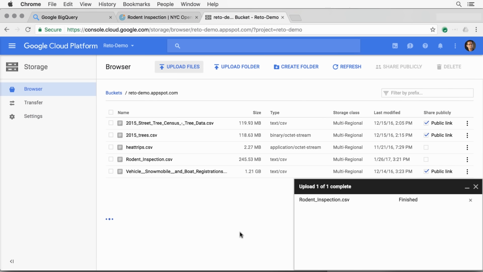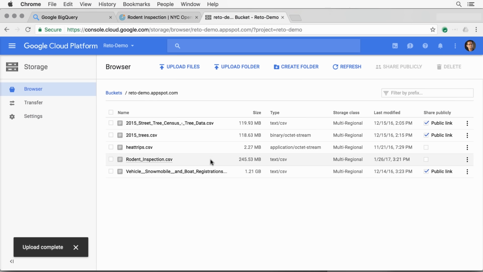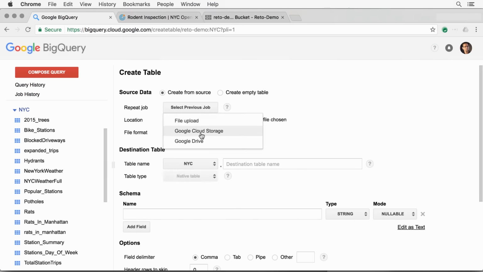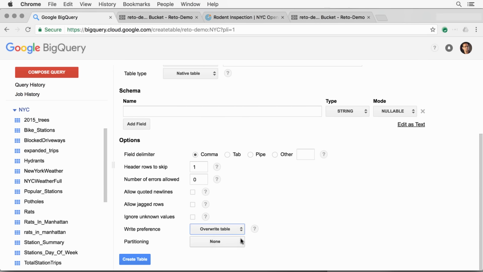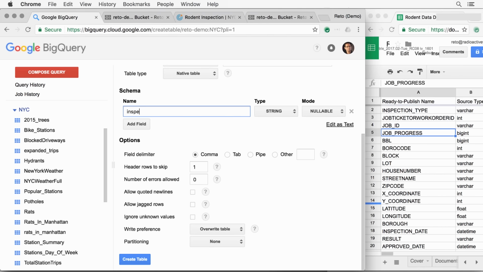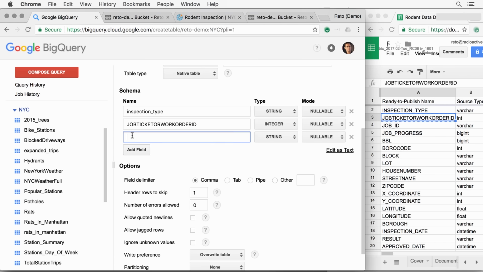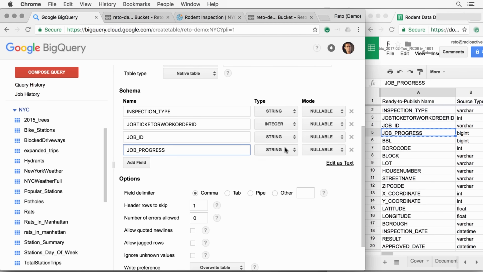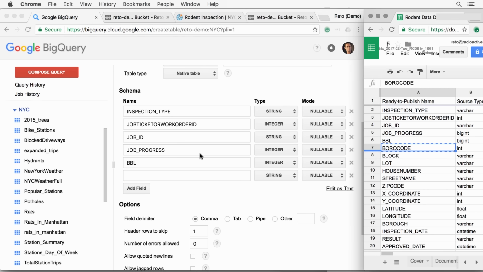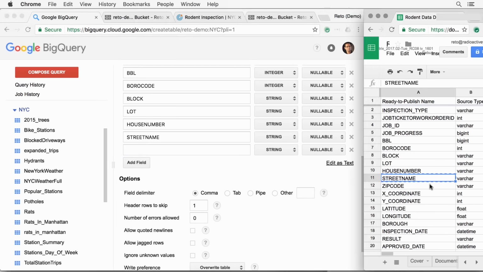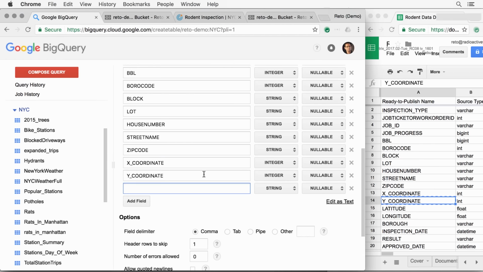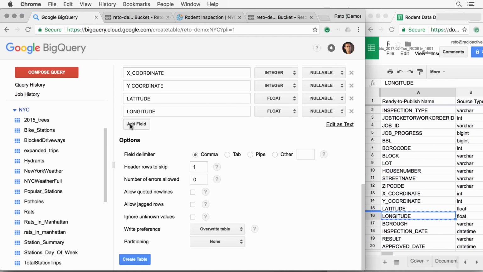Once we have a location for our newly uploaded rodent table CSV, we'll return to BigQuery and enter that, as well as providing a name for our new table. Then it's just a case of specifying the schema by adding the name and type of each column. We'll use the data dictionary we imported into Google Sheets earlier as a guide for the column names and to get the corresponding data types. We won't need all of these columns for our analysis, but there's no cost for importing data, so we can happily pull it all in now and then trim our table later.